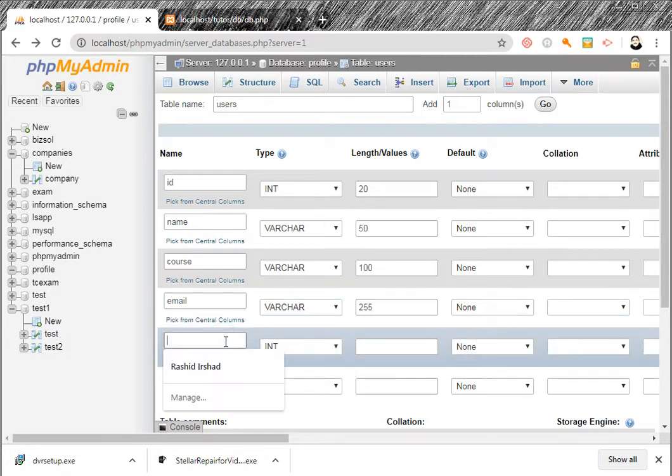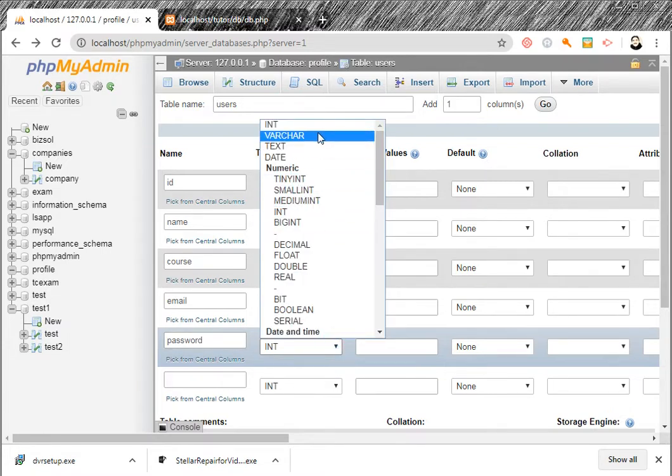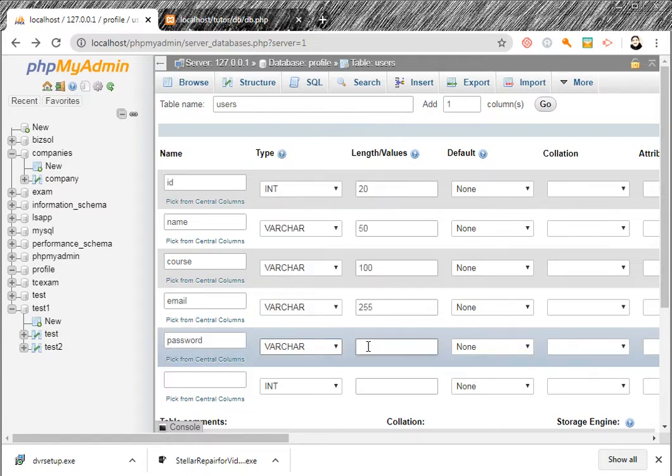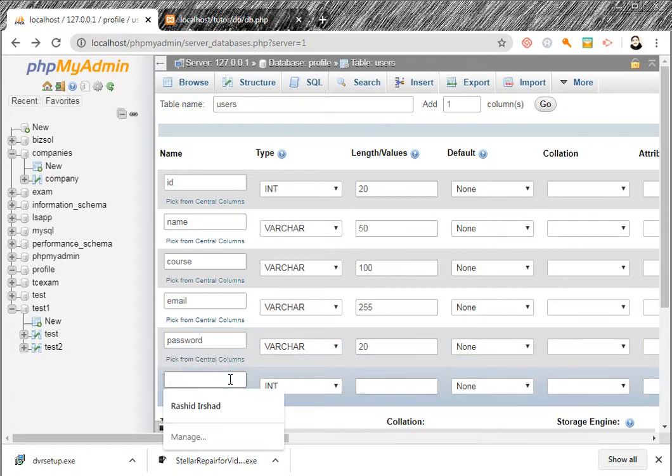And then password. Email and password, and password is varchar, 20 characters. Then we have date inserted, the date when the record is inserted.